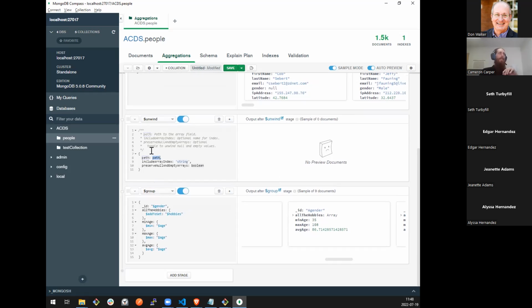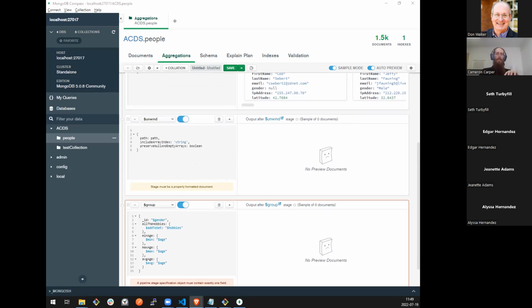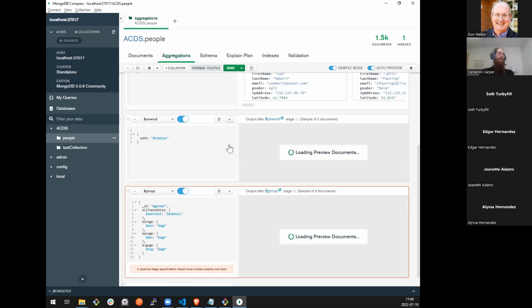It conveniently fills in some documentation for us so we know what we're doing. The path is going to be hobbies, specifically the value of hobbies. And for right now, I'm going to cut this out. Let's see if this makes it happy.